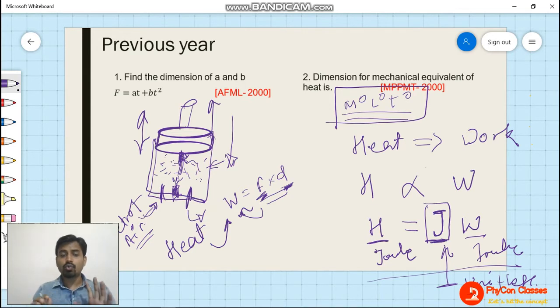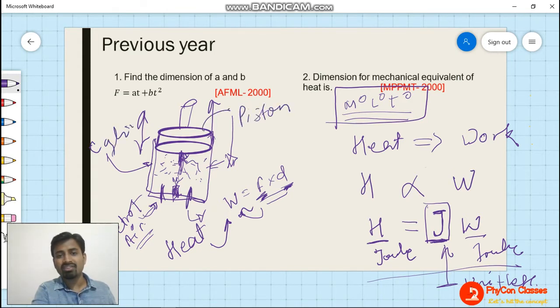Just don't worry about this piston cylinder combination. Here this thing is called the cylinder, and this top one is called the piston. So don't worry about the piston cylinder combination. This is just to know. Right now, you just need to know a little bit about this, which is why I am telling you. Otherwise, these things are going to come in thermodynamics. When we study thermodynamics, the piston cylinder will come up a number of times. We will take the example of the piston cylinder to understand many thermodynamic processes.